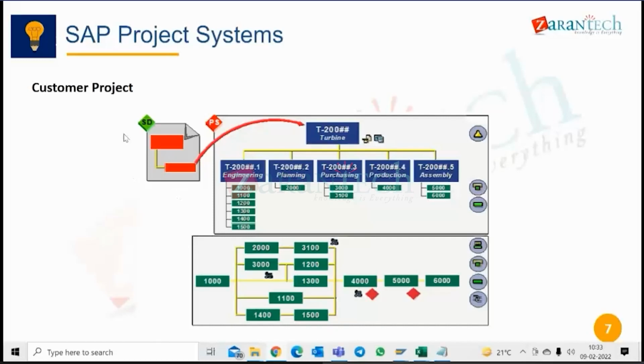Now you see here one more important box has come, which is SD linkage to turbine. So for customer project, you will have an SD also in the integration. Then these activities, they are linked to each other. If you see this box, this 1000, after 1000, I can do 2000, 3000 and 1400. These 3 activities I can do. After 2000 activity, I can do 3100. Okay, these are relationships, activity relationships. Then after completing 3100, 1200, 1300 and 1500, then only I can do 4000 activity. Okay, so this is the activity